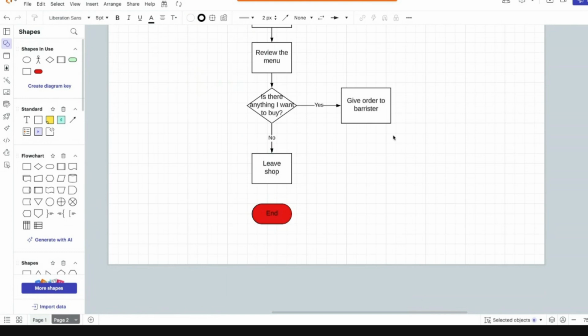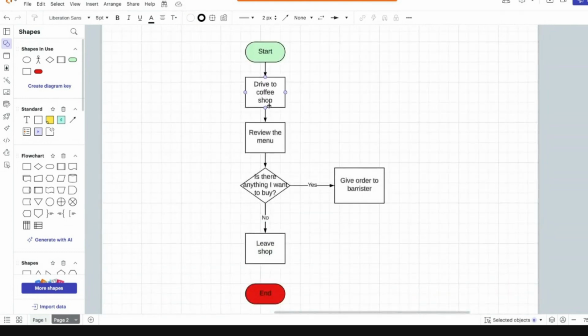There you go. So you give the order to the barista, and this is where it gets really cool. Now you can use your purified process because the barista is going to make your coffee. You don't know how they make it. You don't know what they shake up and all the ingredients they put in. It depends on whatever you ordered, right? So the barista,